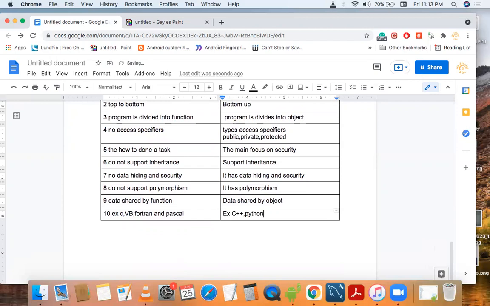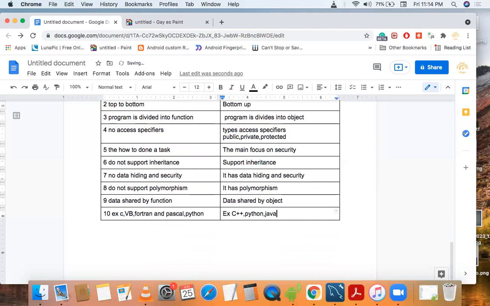Python supports both OOP and POP. C++ also supports both programming methodologies, OOP and POP.